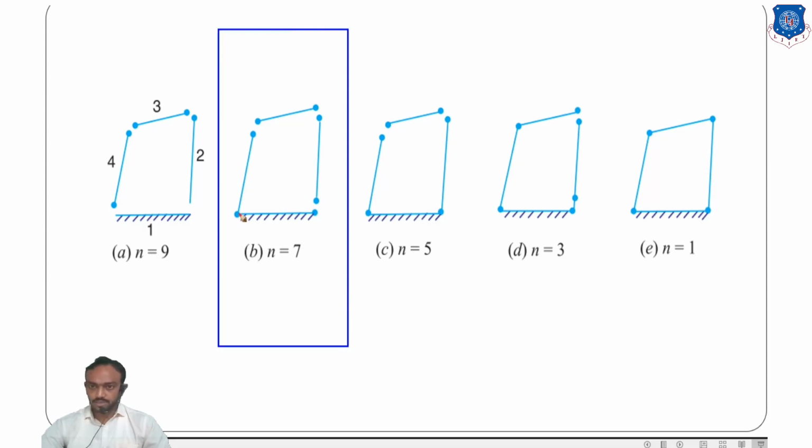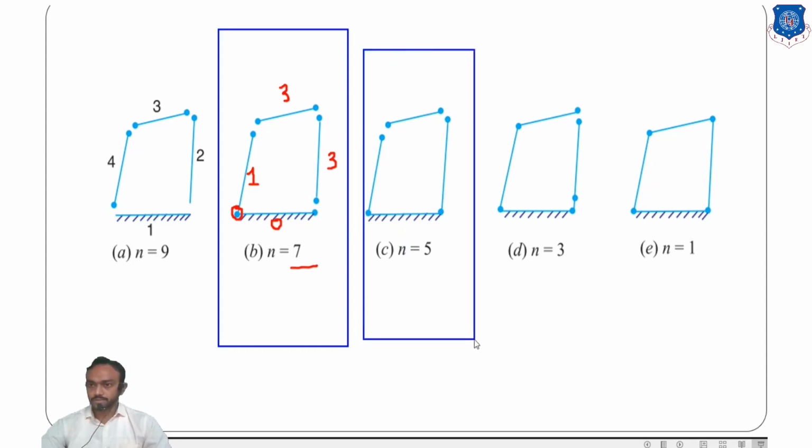Next, you can see here one link is connected to the fixed link, so 3 degrees of freedom for this link, 3 for this, but this link is connected, so its degree of freedom will be 1 only, so the total will be 7. This is fixed, so its degree of freedom is 0. For the next, 0, 1, and this link is now connected to that point, so it can only rotate, so 1, and this one is totally free, not connected yet, so its degree of freedom will be 3.